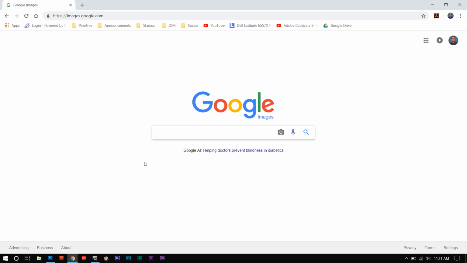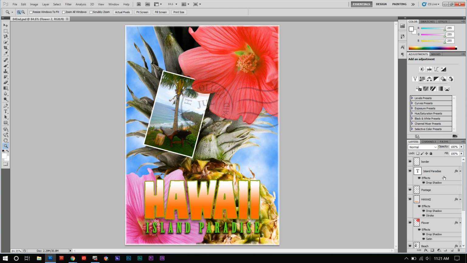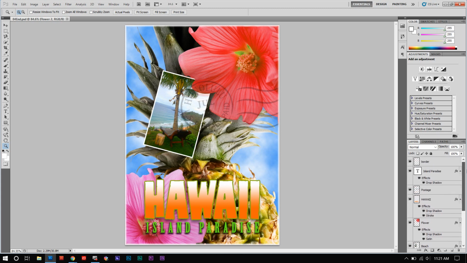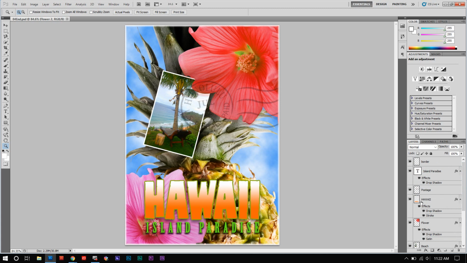Okay, the lesson 4 test is going to be similar to lesson 4, where you've got several layers. This one has 3, 4, 5, 6, 7, 8, 9, 10, 11, over 10 layers. You're going to be required to have at least 5 layers and at least 3 effects. You can tell on this one, 4 of the layers have effects on them. Drop shadows or whatever. You can do whatever effect you want to, but you'll have to have at least 5